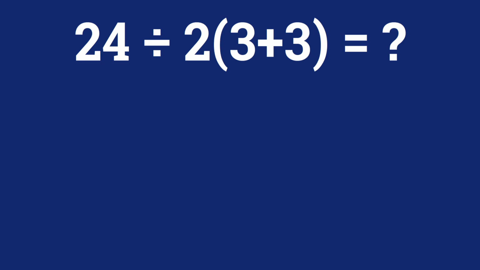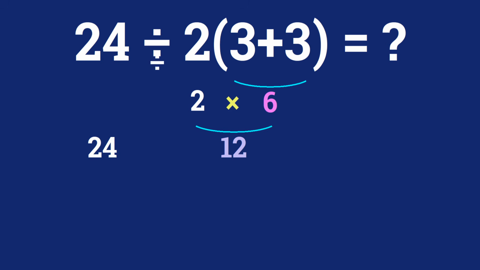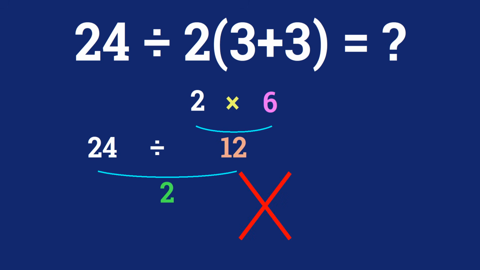3 plus 3 gives us 6, and 2 times 6 gives us 12. So 24 divided by 12 is just 2. But this answer is not correct, because according to the order of operations, first we have to do parentheses, then